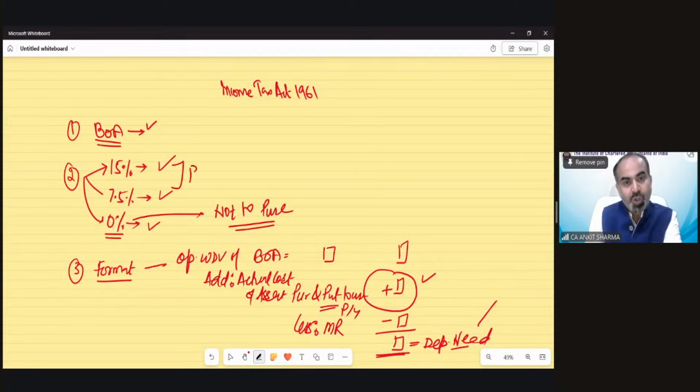If the asset is put to use, then there would be either the half rate or the full rate, depending upon the number of days it has been utilized. Okay. Then you should understand the format and then start practicing the numericals given in the study material. I believe